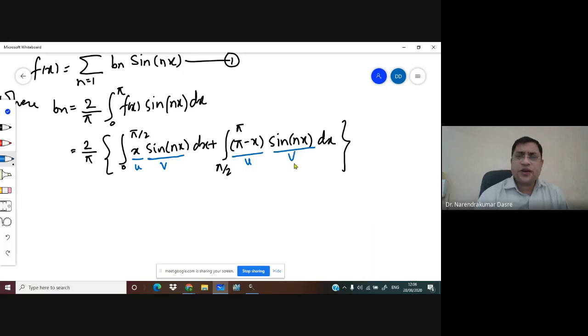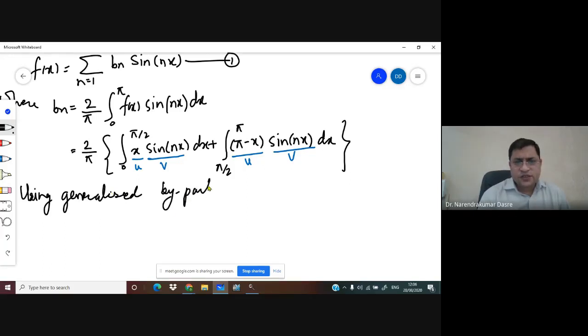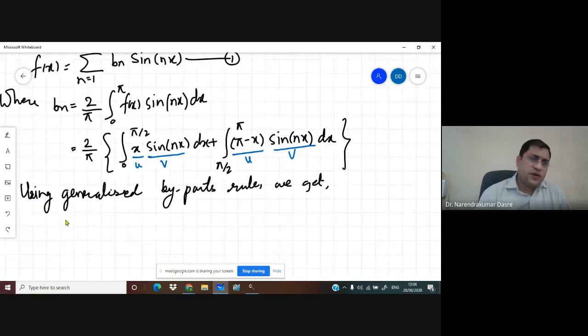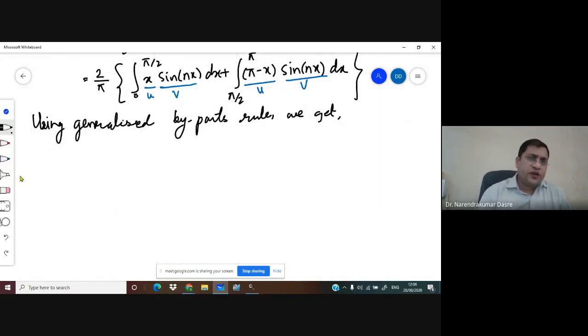For this integral, this is u and this is v, and hence we have to use the generalized by parts rule for both these integrals. So we write here, using the generalized by parts rule, we get. So what you are able to get here, see, we got Bn is equal to 2 upon pi